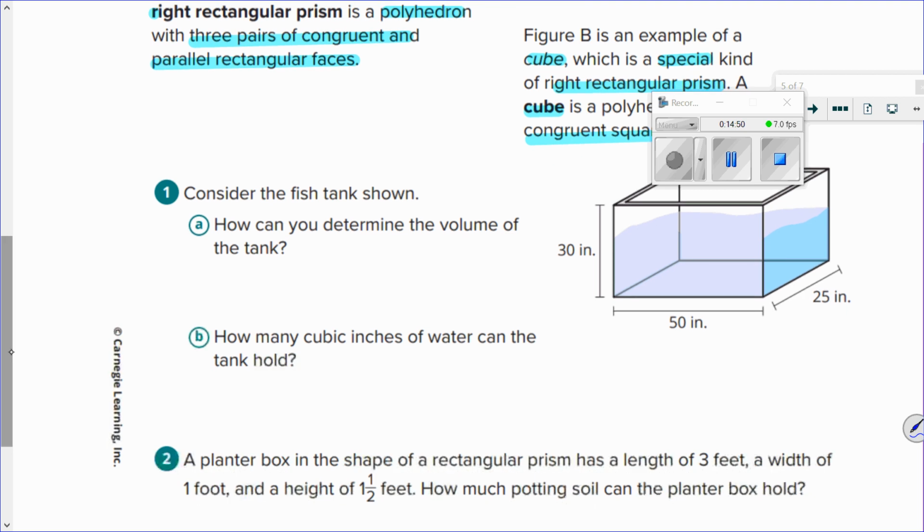Now, we've got a tank, fish tank. How can I determine the volume of this tank? I've given you a couple of hints. Multiply what? The height and